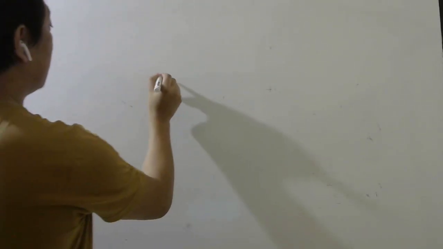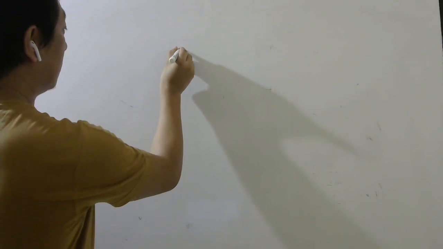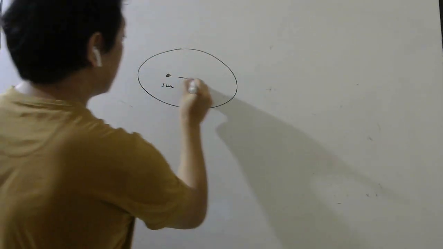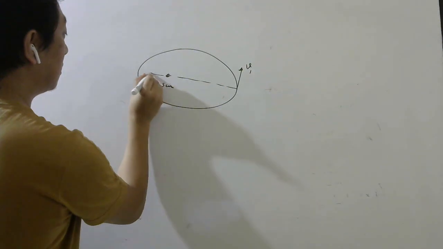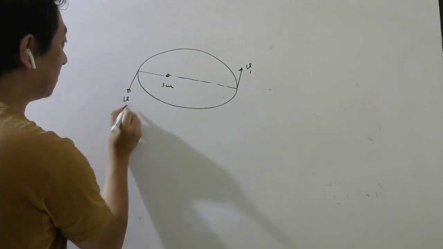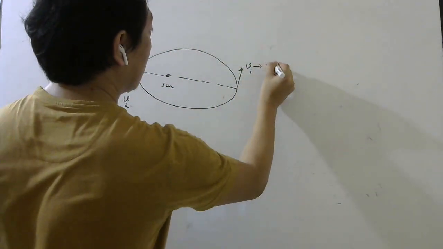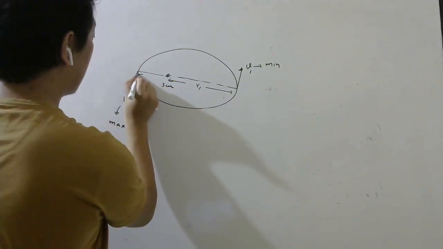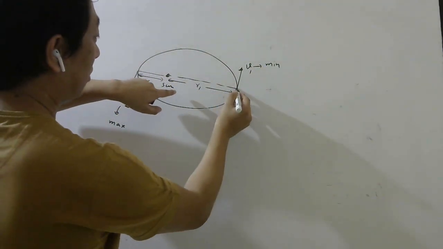And if you have more than one planet, by the way, since angular momentum is conserved, what does it mean? It means if this is your sun, and it is going in this orbit, okay, then when it is farthest from the sun, its velocity will be minimum. When it is nearest to the sun, velocity must be maximum. This must be maximum, this must be minimum. You may think why? Because this r is maximum and this r is minimum. Yes or no?